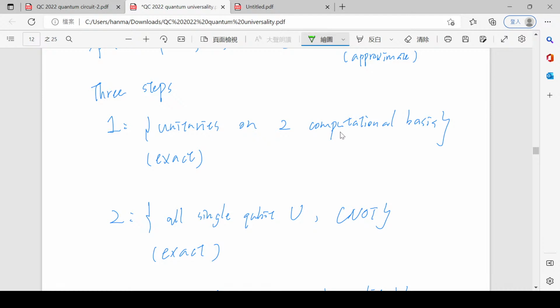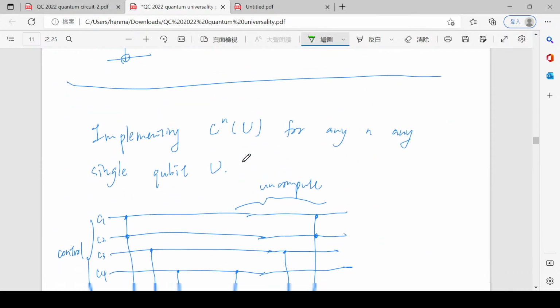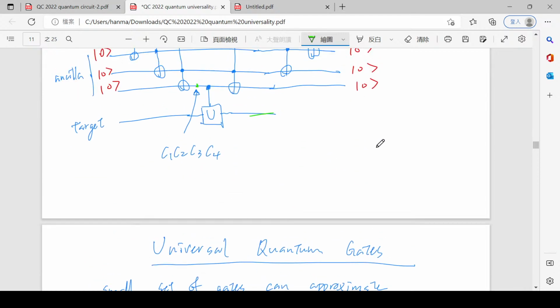And so this thing is actually the thing we just showed. This is basically multi-controlled single qubit unitary. Because if you think about the circuit here, right? So we have the thing up here equal to, okay, let's keep the same number. So 1, 2, 3, 4, right? We think about this gate, U here. And we think about the matrix here. And what will be the matrix? It will be, actually,